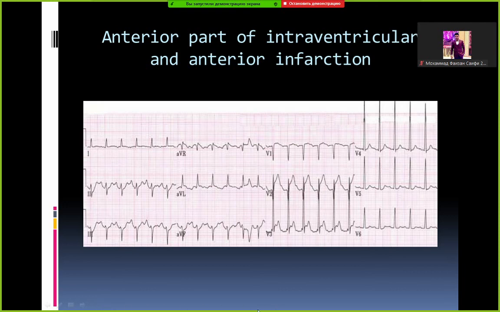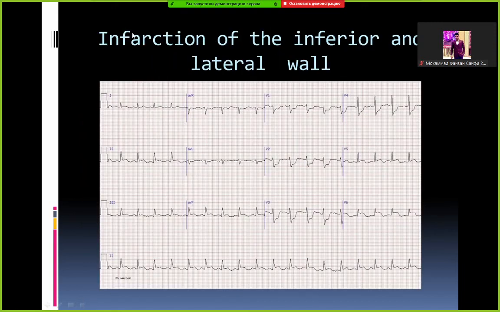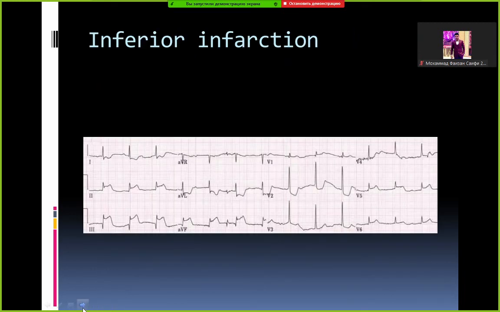So we see elevation of ST segment in V2, V3, infarction of the inferior wall and lateral wall of left ventricle, elevation of ST segment in the second, in the third standard lead, AVF and V5 and V6. Inferior infarction,